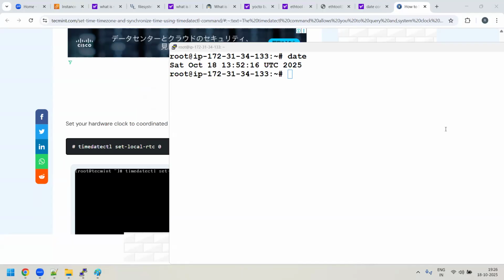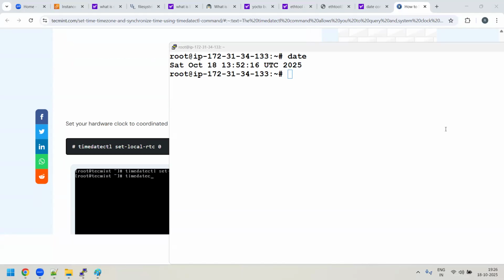Many of the things which I'll be telling now, I have never ever used at all in my real work also. But still, how do I remember? Because I've been continuously practicing, continuously taking classes, continuously trying to remember everything and making a note of it so that I remember all these things. So why I said this point, because it's good that you work on real time and try to learn everything, but it's also something like if you have a continuous enthusiasm in learning the same thing again, what happened?